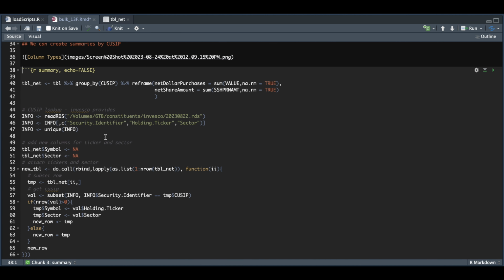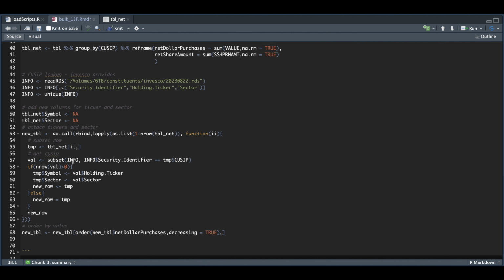Now in order to get the CUSIPs, Invesco provides this data through the ETF downloads, and I'll go ahead and post a link on that video. But essentially by reading in the constituents for the ETFs, we are able to select the security identifier, the holding ticker, and the sector. And after we add those 2 new columns, we're going to go ahead and iterate through